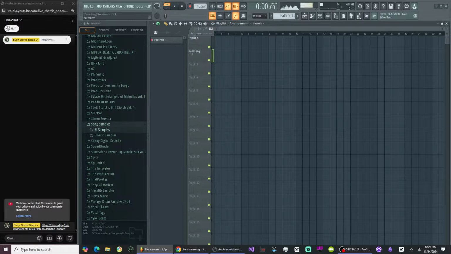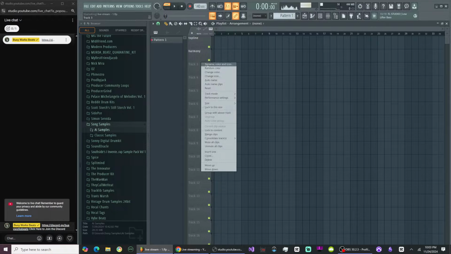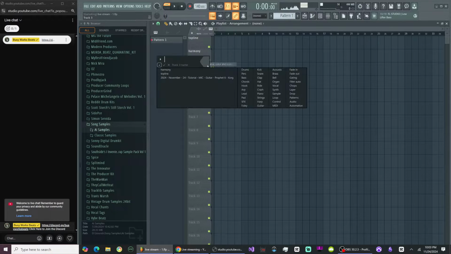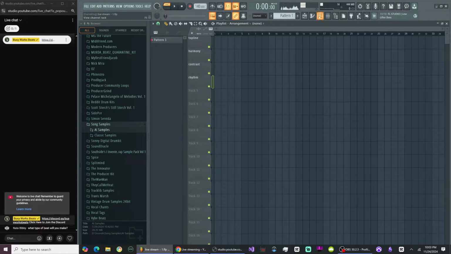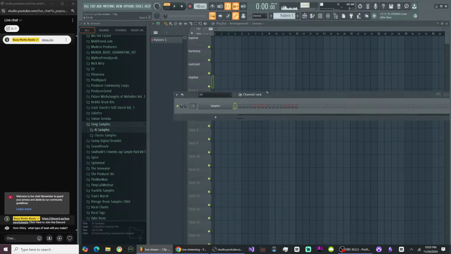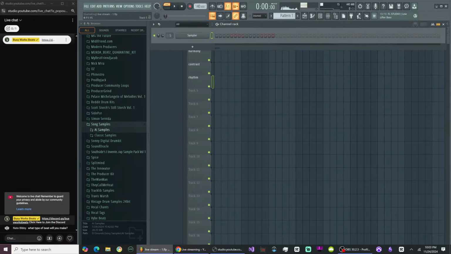Next is the harmony section. This is where you add your chords. This is the glue of the track. This is basically what makes everything make sense and gives it context. And thirdly, we have the contrast layer. The contrast layer is all about the bass line or the counter melodies. Contrast just means opposite, so here's where we create the dynamics of the song. And lastly, we have the rhythm section. The rhythm section is where we add drums, and we add frequency to the instruments so that it repeats over time to create what are called motifs and themes.